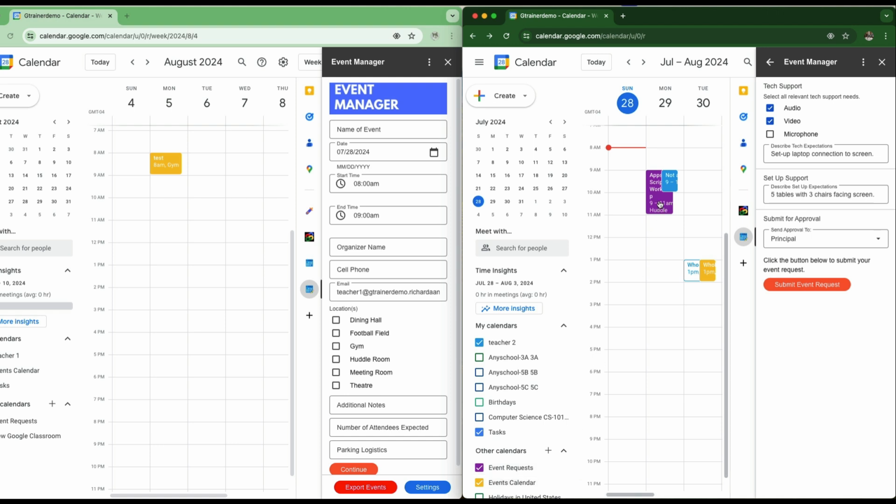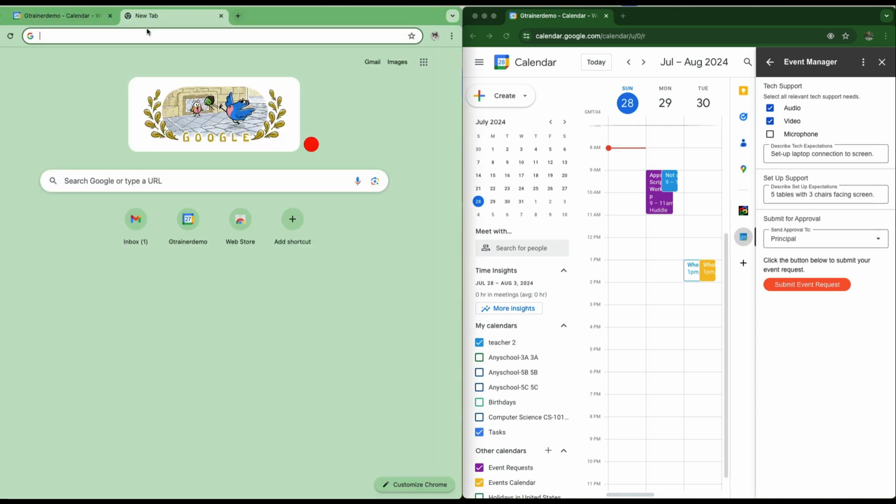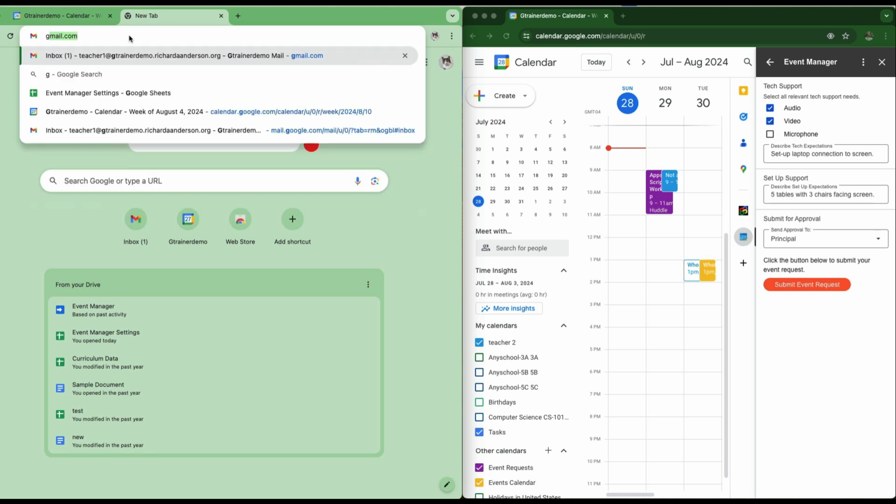This is a calendar that the entire faculty and staff has access to add things to, which is different from the actual events calendar, which only a few members of the team would be able to add or edit events to. So now that it's been requested, let's go over to the principal's email account, because we want to know, well, how do they know there's an event